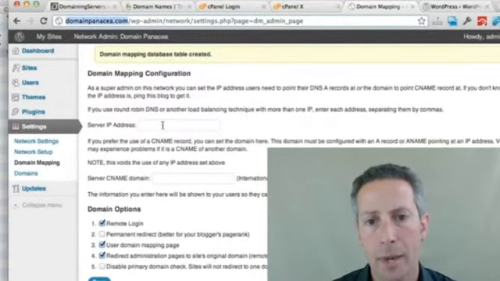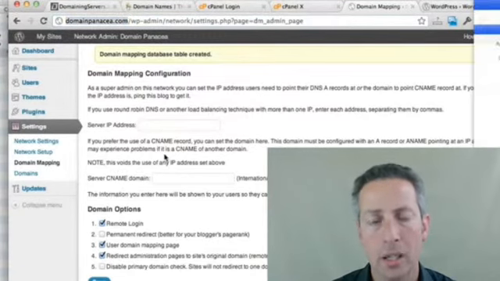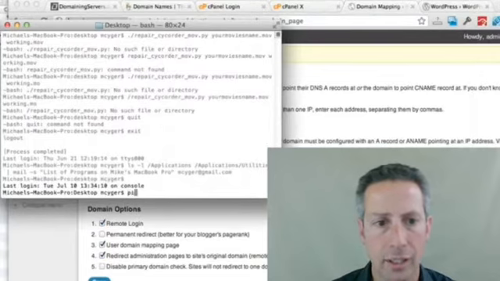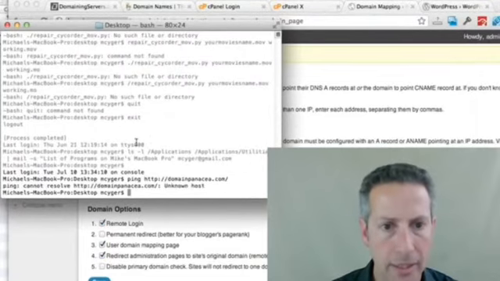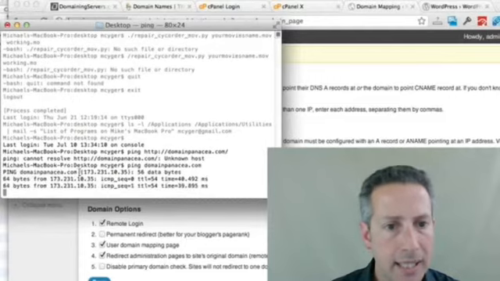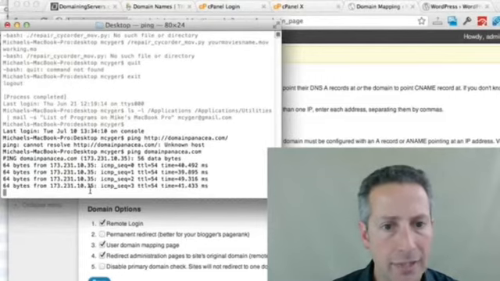I'm going to start up a program called Terminal on my Macintosh, and I'm going to type in ping and then the URL. I have an error here, unknown host, so I'm going to type ping and then just the URL without the HTTP. You can see that it is pinging it and coming back and telling me that the IP address for that domain name is